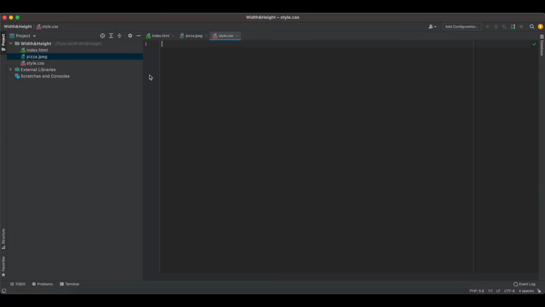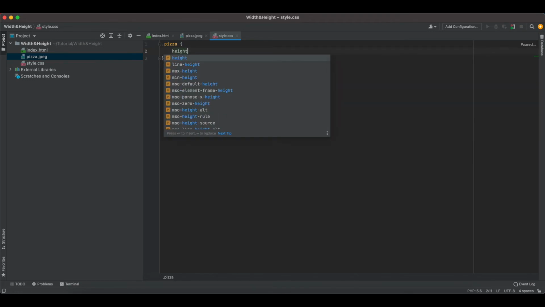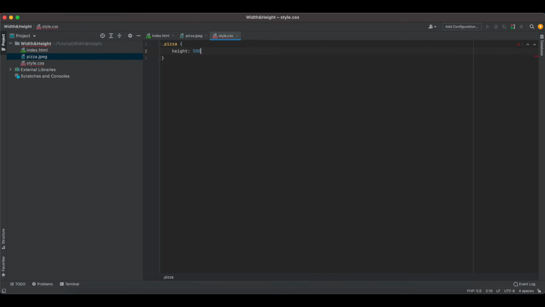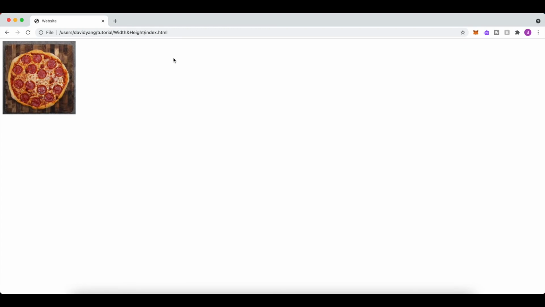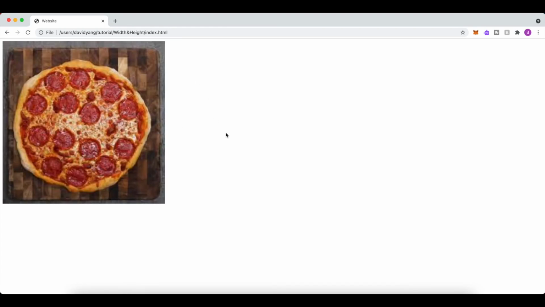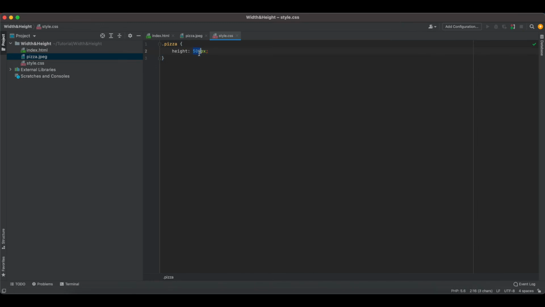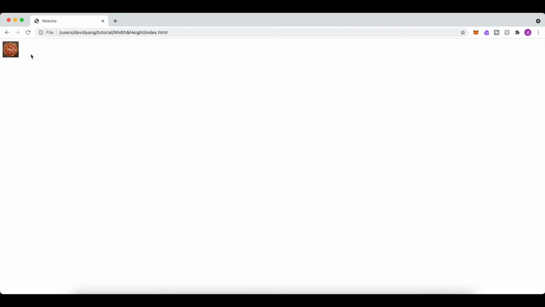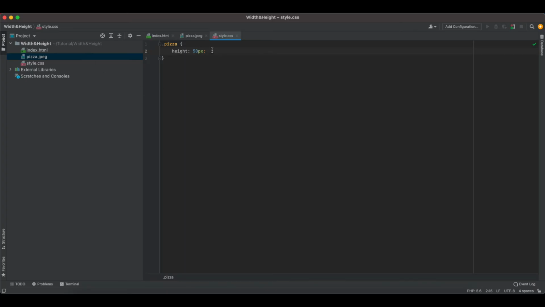Okay, so in our style sheet file we can just put the .pizza, which is our class name we've given it, and then I'll give it a height of 500 pixels, which makes this image bigger. So when I refresh, you'll see this image gets bigger. I can also make it smaller, like with 50 pixels. You'll see that this will be smaller. Okay, so I'll change this back to 500,